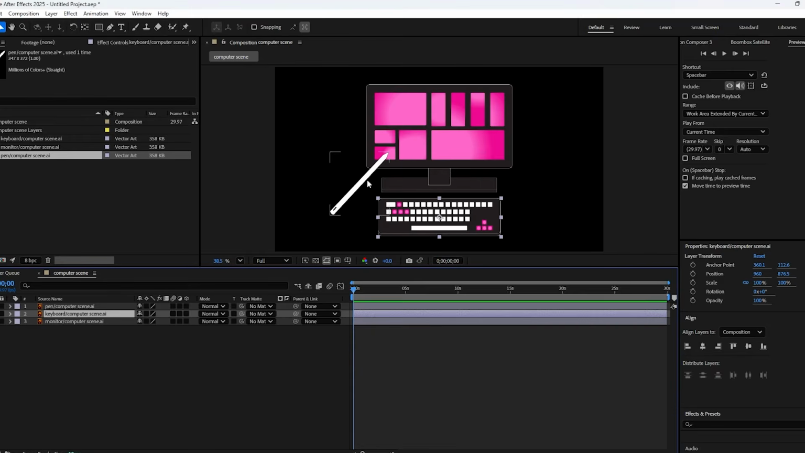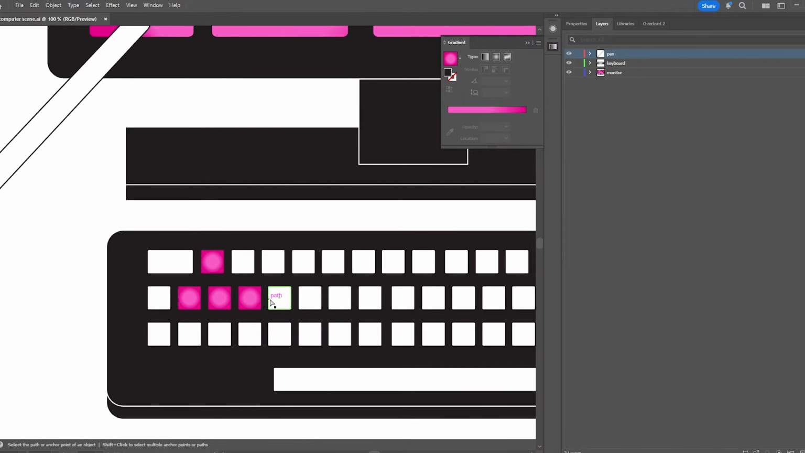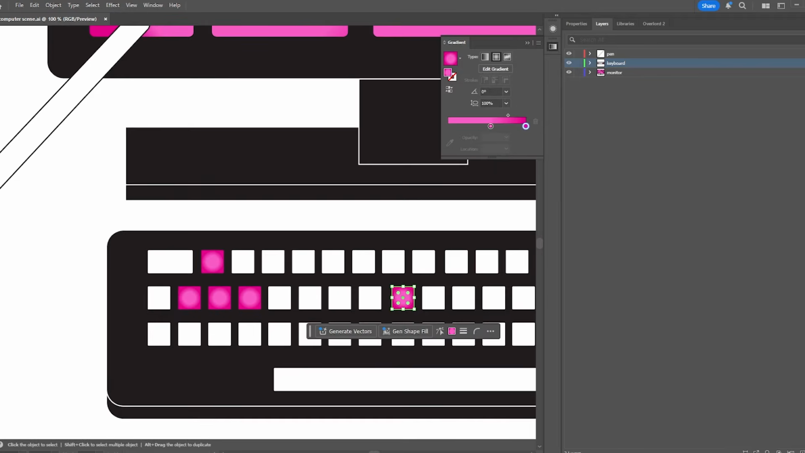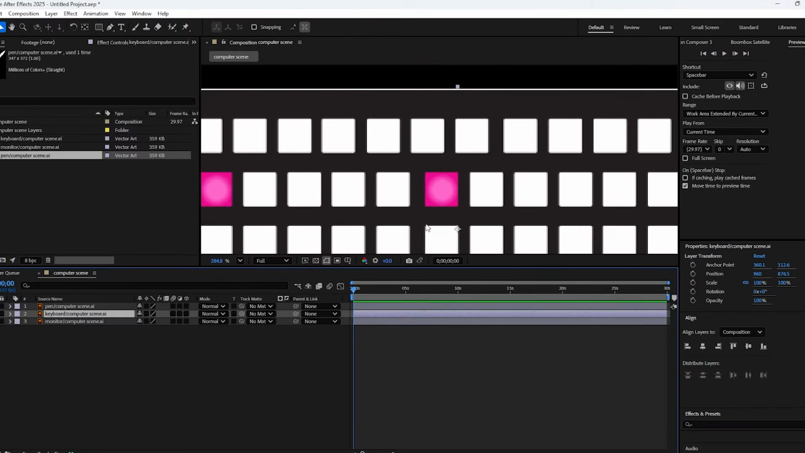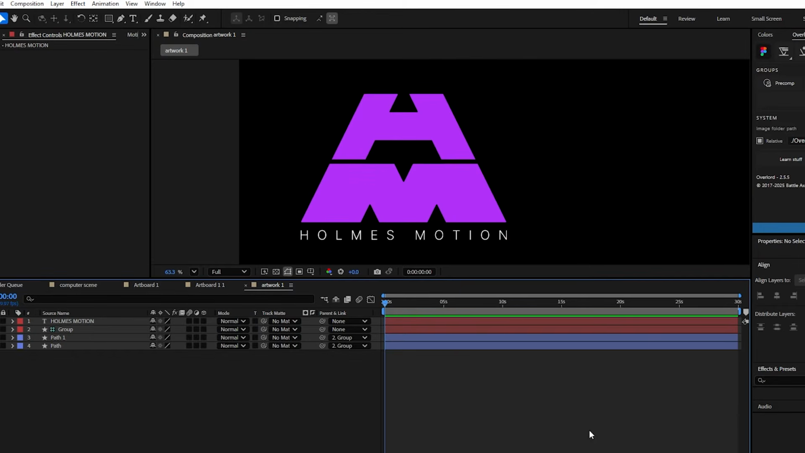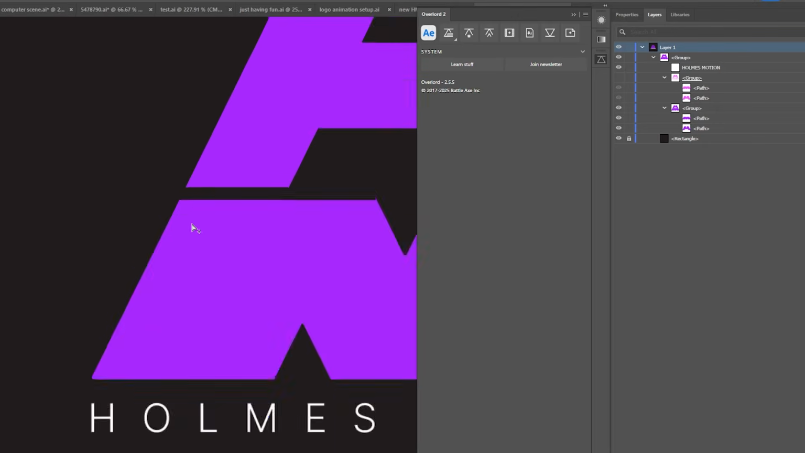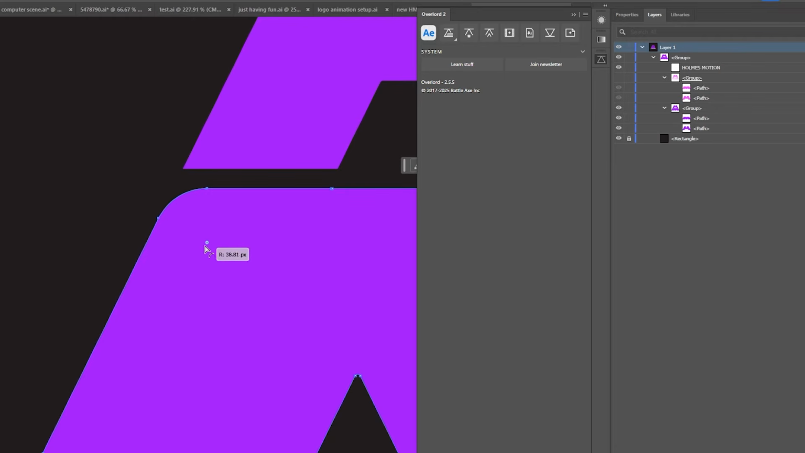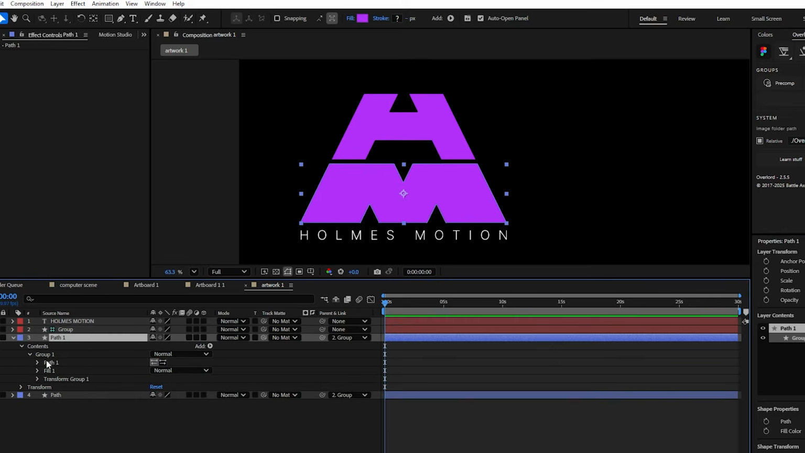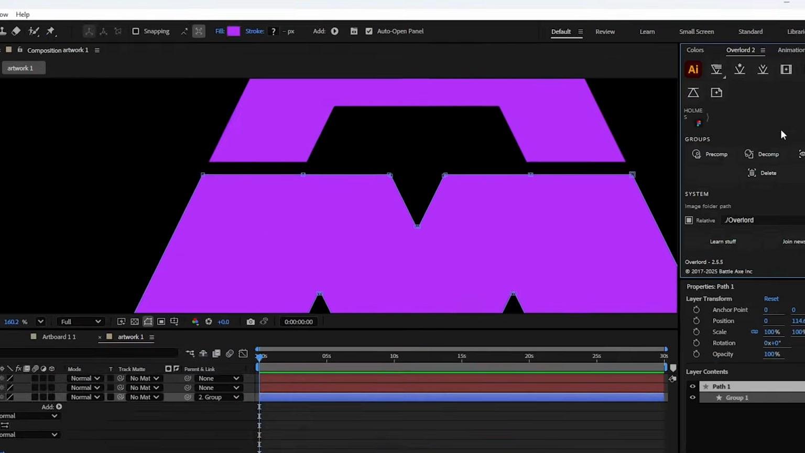I previously mentioned that when importing Illustrator files, you are able to update the file in Illustrator and it would update in After Effects. Well, you don't even lose this feature when using Overlord. Say you transfer your shape layers over to After Effects, you do some animation, and then you think, oh, I need to change the design in Illustrator. Well, just update the design in Illustrator, select the property in After Effects you want to update, and click the